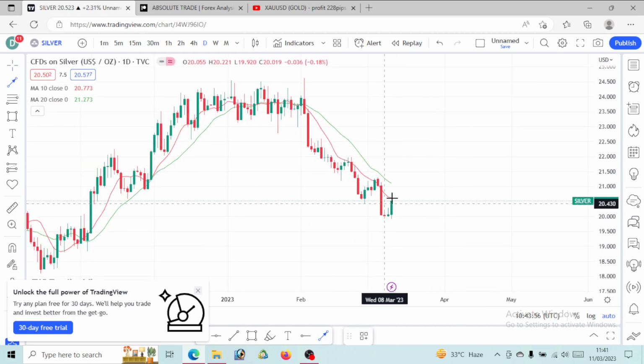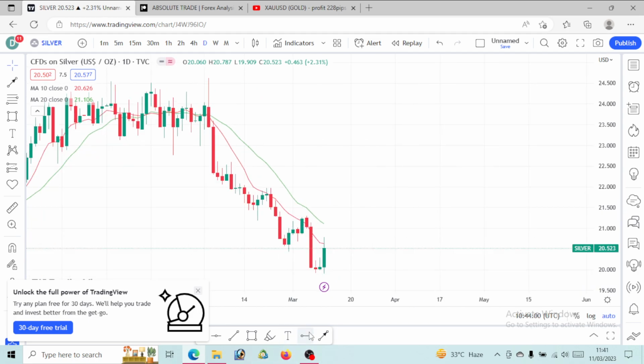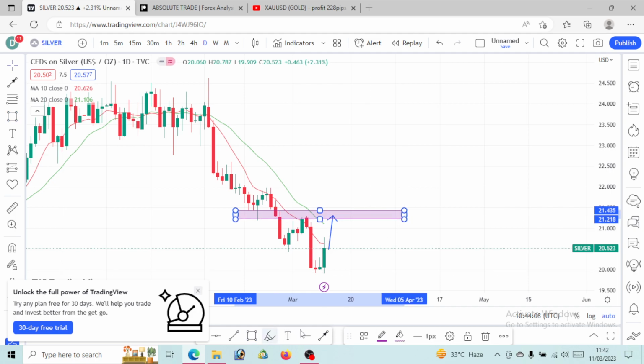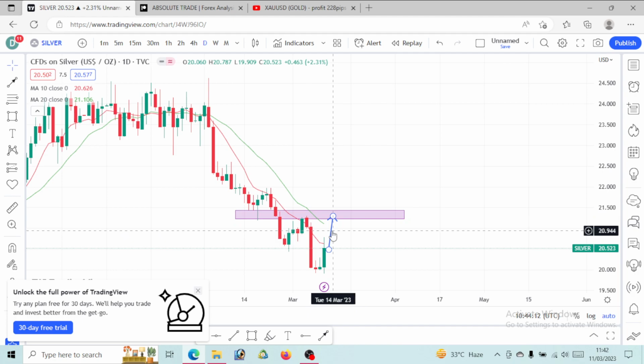So on this silver, we'll be expecting another drop. But it just depends on when this bullish move, we are very much likely to see another bullish move to level of 21. Yes, there's possibility of silver coming to level of 21 before it actually drops. So we need to be very, very careful before we actually sell, coupled with the fact that there is going to be some major news coming out this week. And I'm going to decode the news.